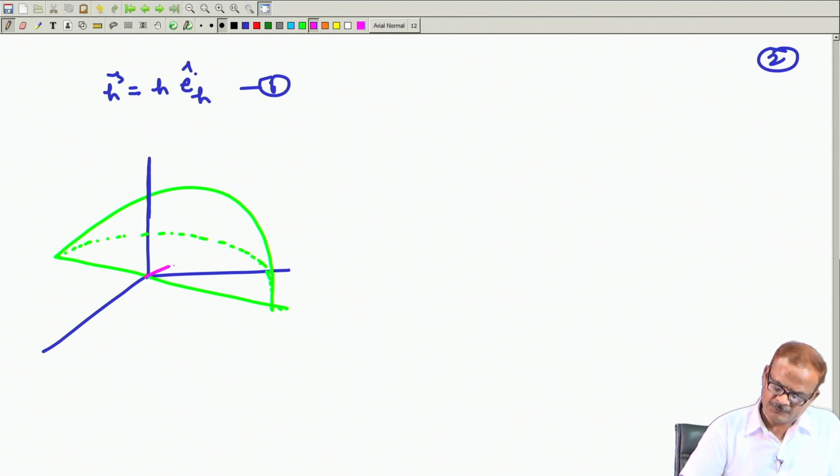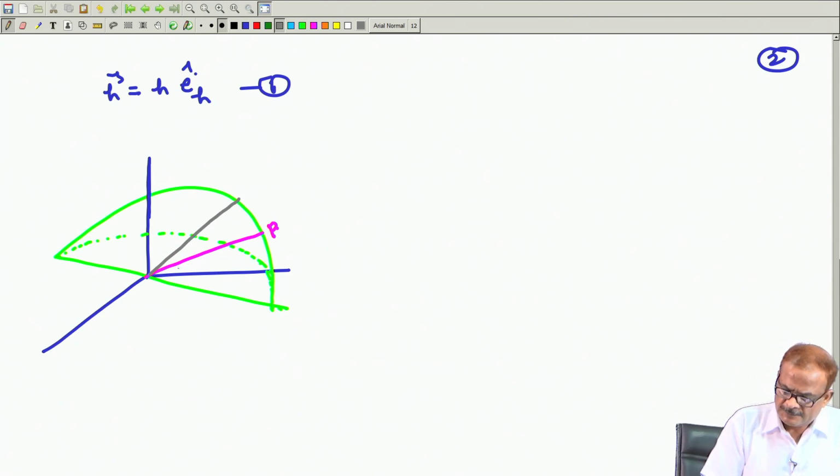Perigee line we are showing somewhere here. This is P, and so this angle, this is small omega, and